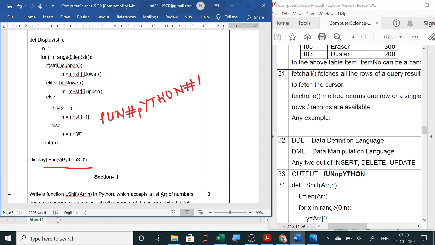Point is not, so hash. And 0 is divisible by 2, so here -1, that means dot. So this should be the answer.